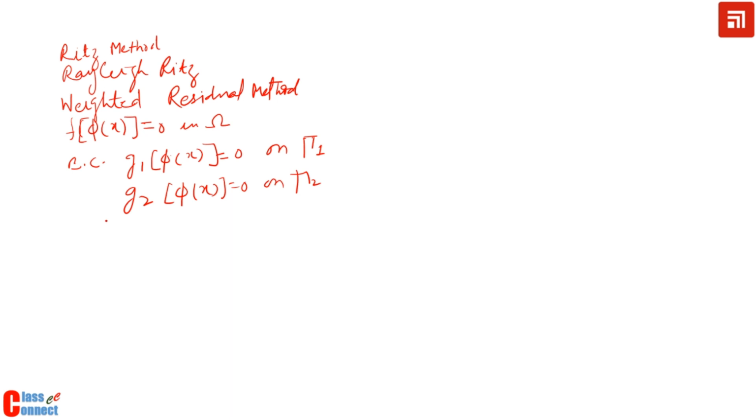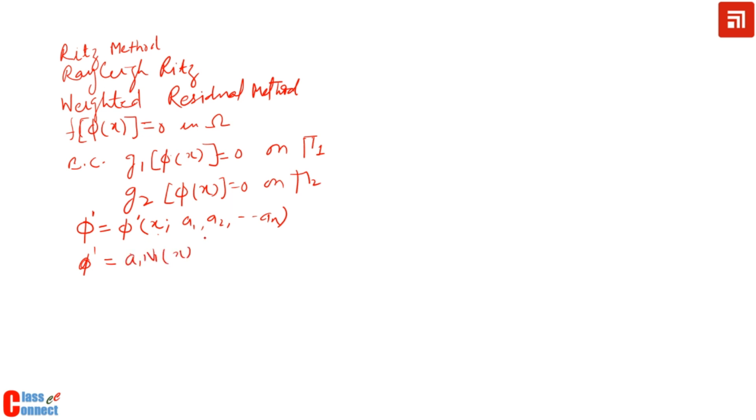So in case of approximate method, we assume the solution. Let us assume this solution as phi dash, which is the assumed solution, a function of x and some arbitrary constants a1, a2 up to an. This implies that phi dash is a function of the independent variable x and the constants a1, a2, a3. So we can write down this assumed function as a1